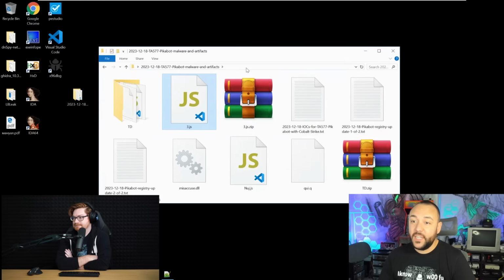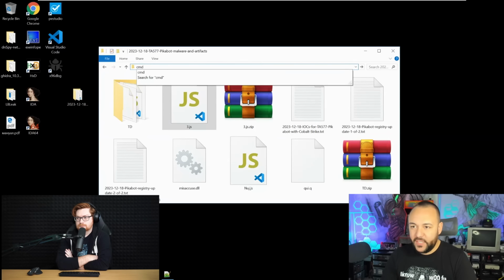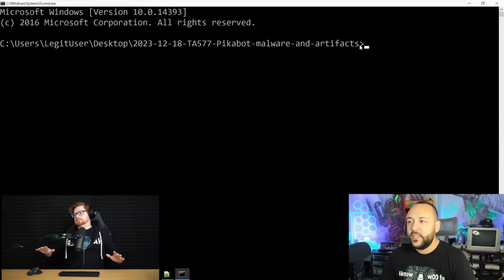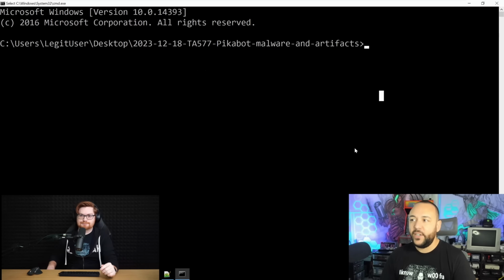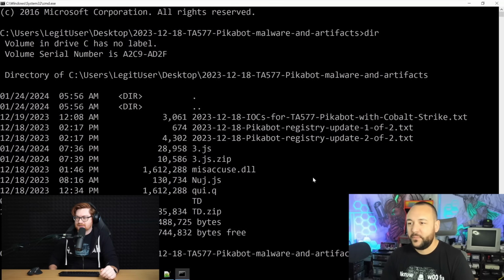Now, here's another thing that I really like to show folks because I only found this like 2 years ago, and the fact that I didn't know it longer makes me a little sad. When you're in Explorer, you can go to the address bar, delete whatever's in there, type in cmd or PowerShell, and open to exactly where you are. So now I'm in that directory, and I can run my commands directly against those files. And I love that feature. Quality of life.